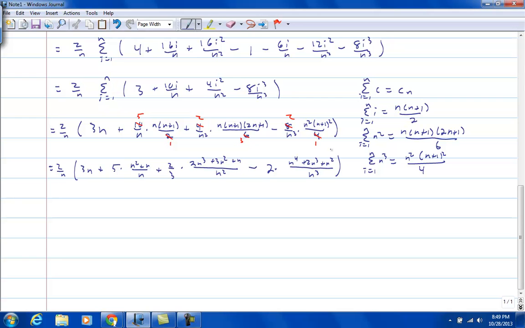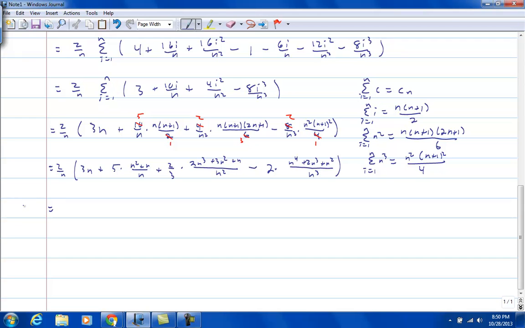So you're probably thinking, whoa, look at this. We have an n, we have n squared over n cubed over n squared, n to the 4th over n cubed. Oh wait, if we took the limit as n goes to infinity, we're going to be in trouble. Well, not really, because we have this 2 over n sitting out here. So if we distribute the 2 over n all the way through,